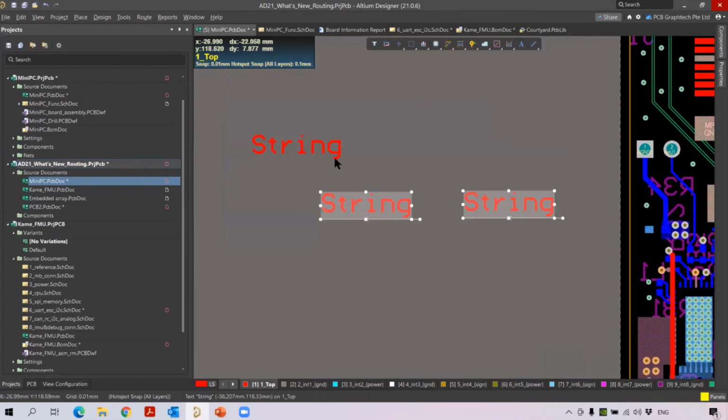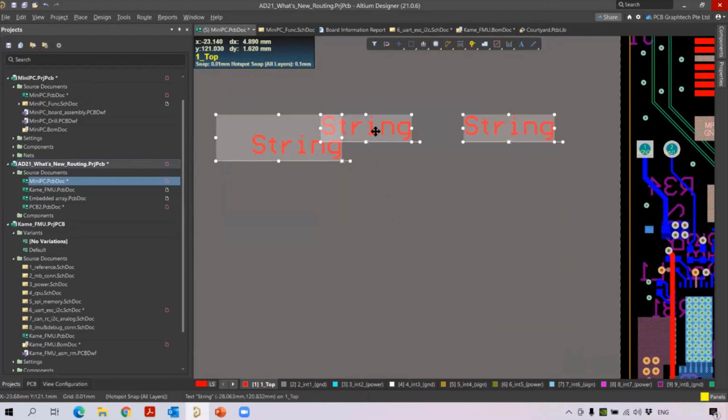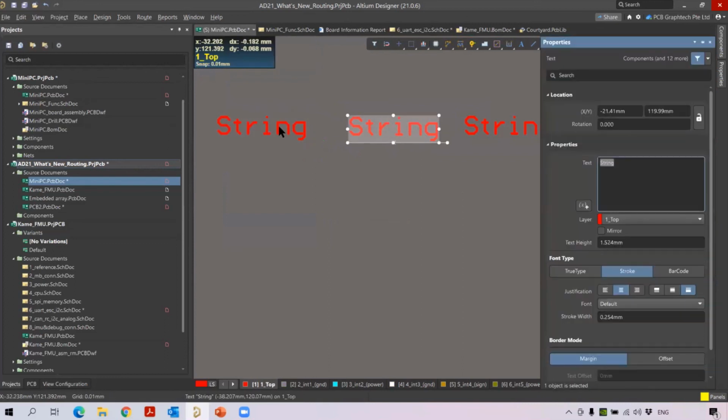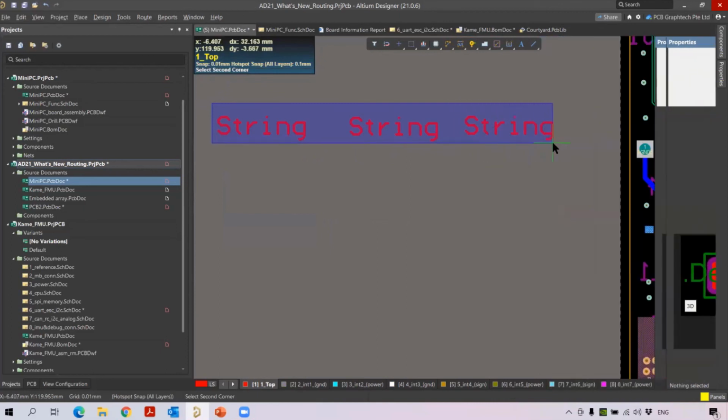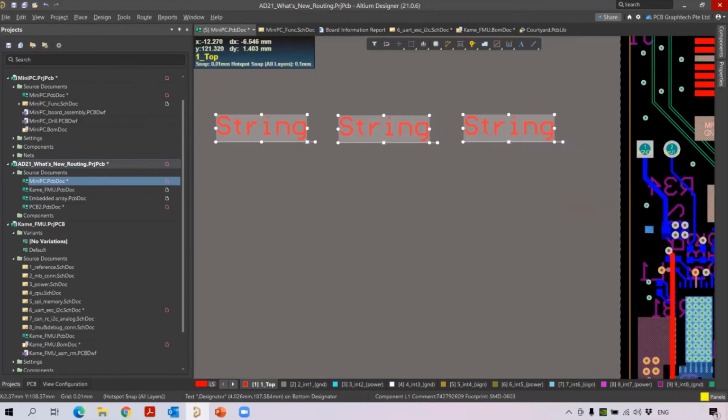Select all three and then right click. You can go for alignment. So align based on the top, you can align it. Because my size depends upon the bounding size, it goes to the top based on the bounding size here. And then if you want to distribute the horizontal distance, you can also do this. Let me select all the strings, right click, align. Then I want to distribute them horizontally, so they will be distributed horizontally. So you can select all the strings and then align the distance between them also. So this is your string alignment.